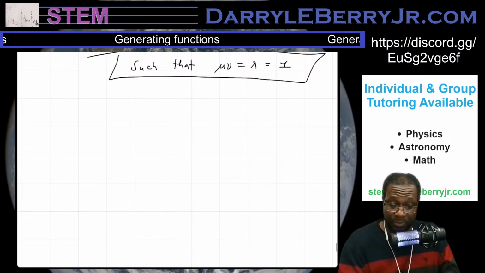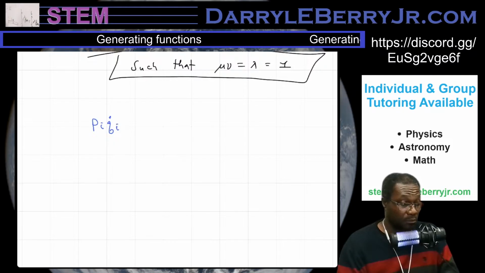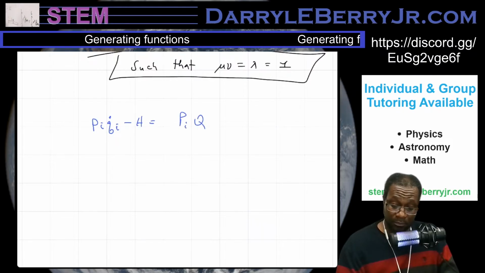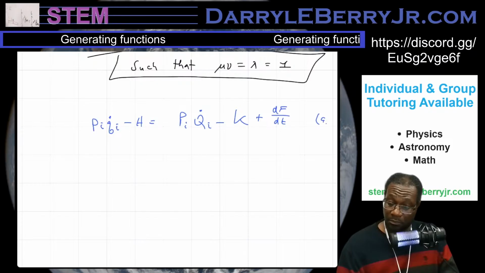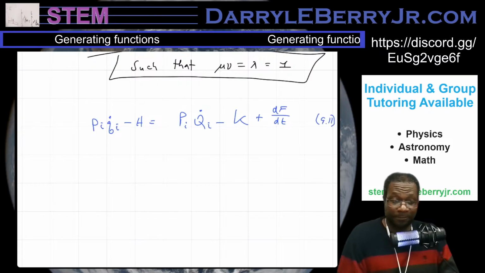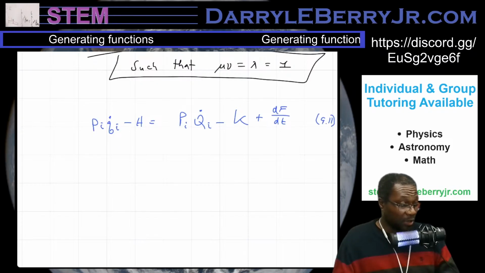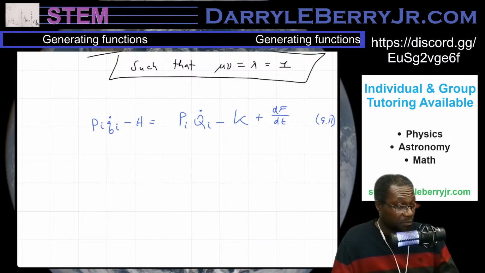Right, so this is an important equation. What was 9.11? The transformation